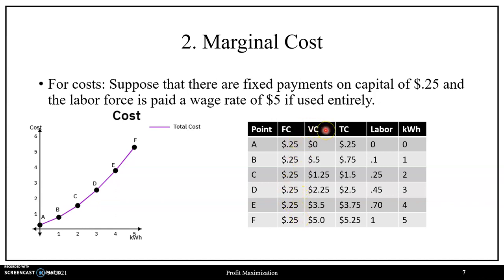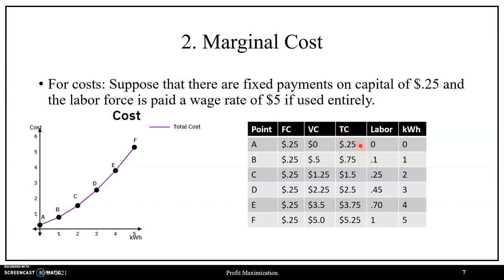From which we then have our variable cost, which is going to be the wage rate paid to our employees, $5 scaled by the percentage of our labor force that's being used, anywhere from $5 scaled by 0% of our labor to $5 scaled by 100% of our labor, corresponding to the full $5. So that's precisely what we have in terms of variable cost. It ranges from $0 to $5 depending on the percentage of labor that's used, corresponding to a different amount of output being produced. And then total cost is going to be the sum of our fixed and variable costs,